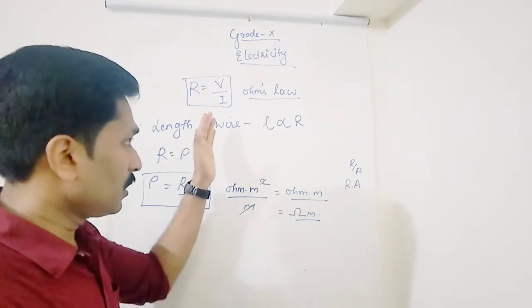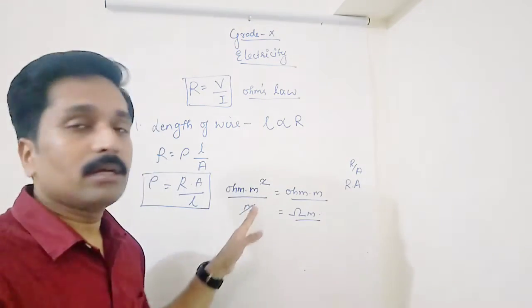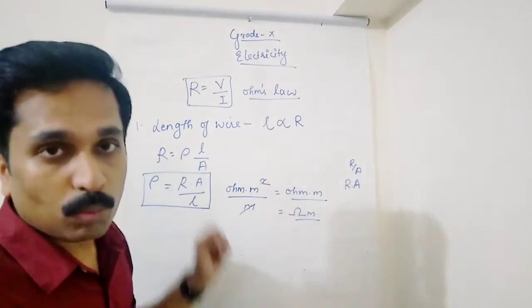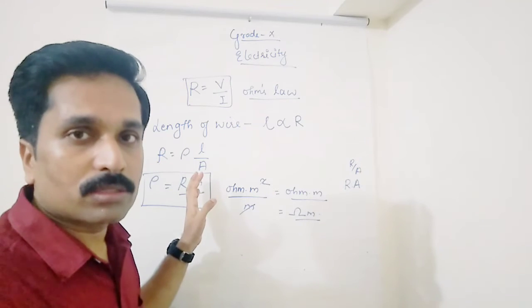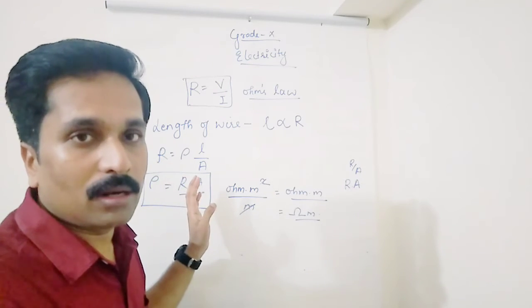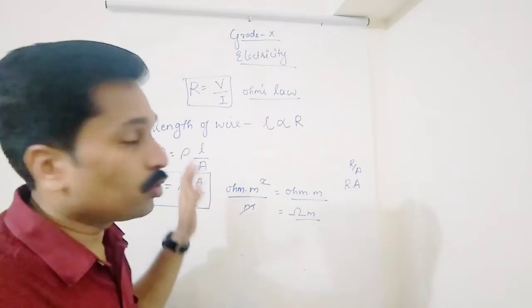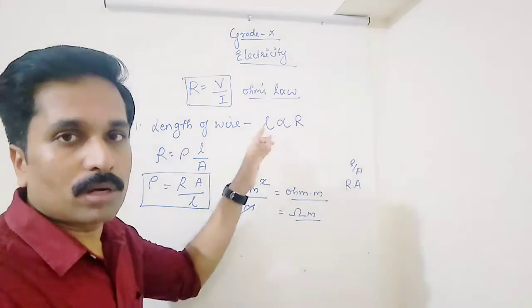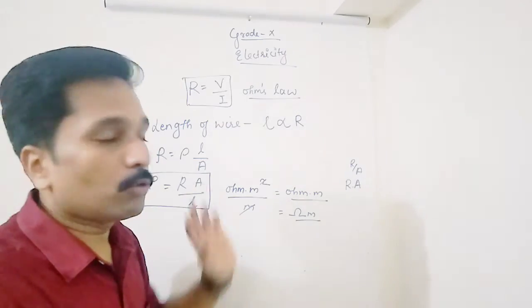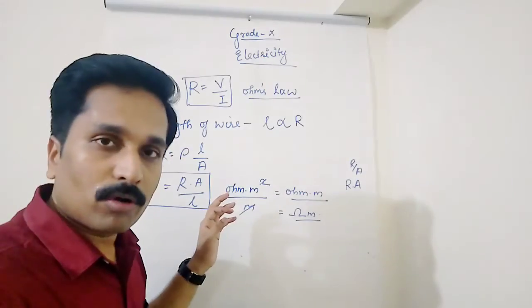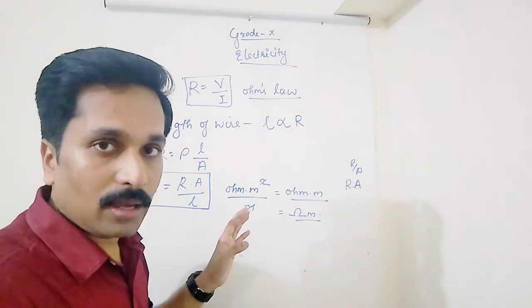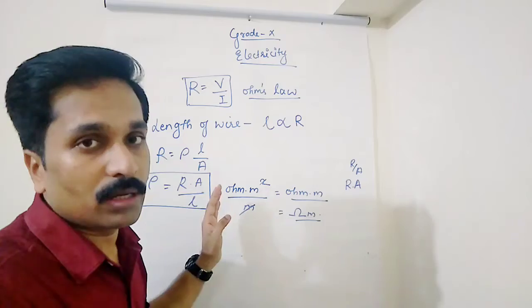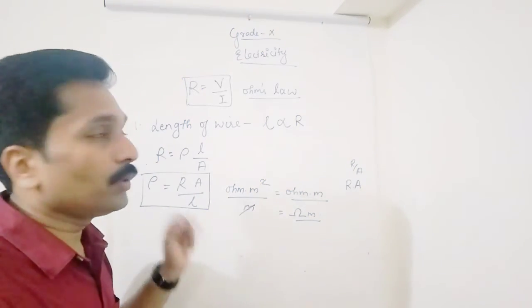Then we have discussed regarding certain factors on which the resistance depends. So which were the factors? The first one was length of the wire, then second one was area of cross section, third one nature of the material, and fourth one was temperature. So we have given the importance only for the three. And first one, length of the wire, is denoted by small letter L, and it is directly proportional to resistance. Second one was area of cross section, denoted by capital letter A, and it is inversely proportional to resistance. And third one is the nature of the material, and we have put that into an equation.